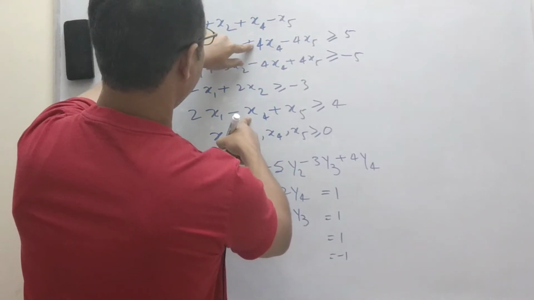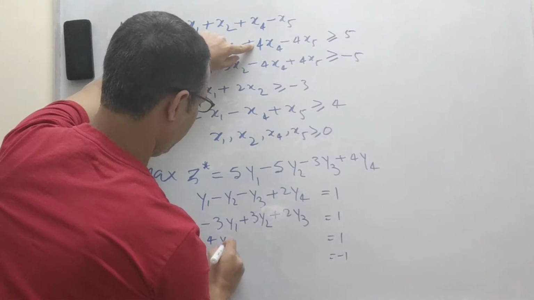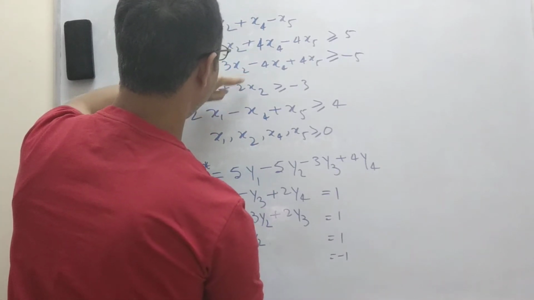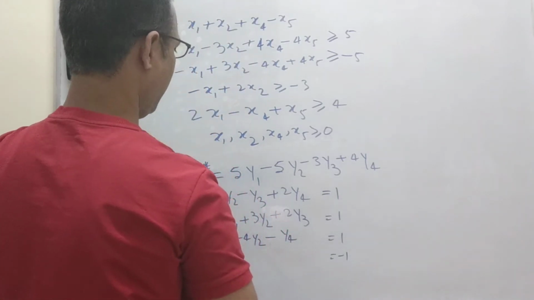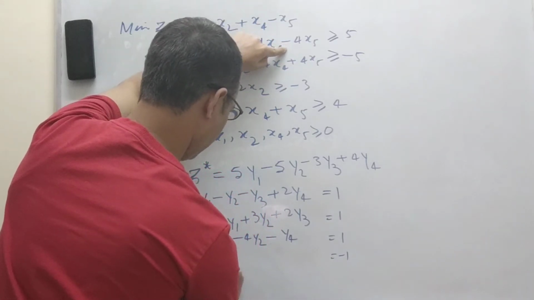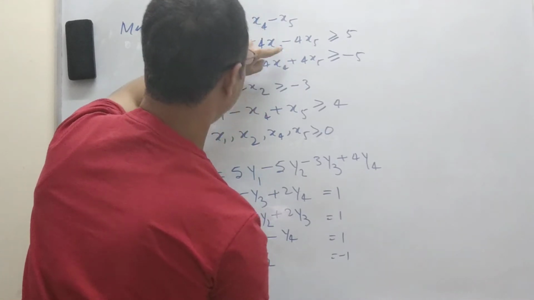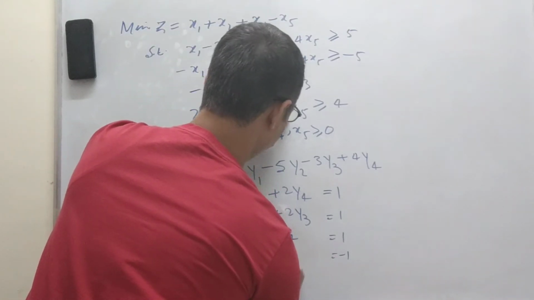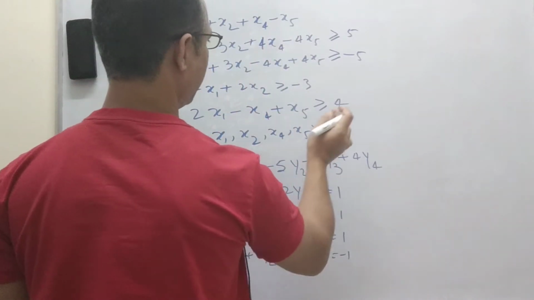Now we are going to see x4, means here y1, 4 y1 minus 4 y2, there is no x4, so there is no y3. Now here x4, so minus y4. Okay, now here we are going to see the 5 minus 4 y1 plus 4 y2. Is there x5? There is no x5, so here only x5, so no y3, we will just move to y4. Okay, so now here it is in the form of,